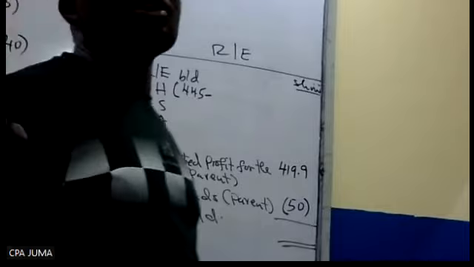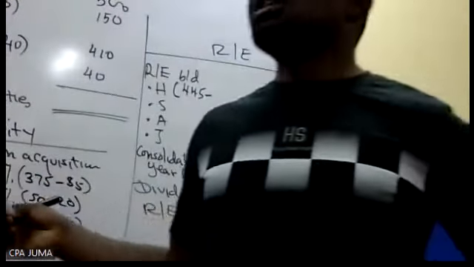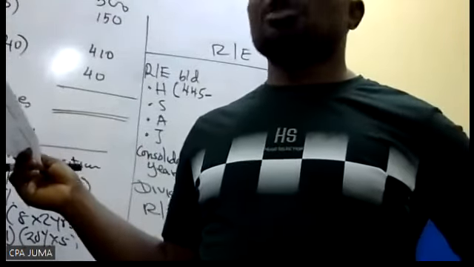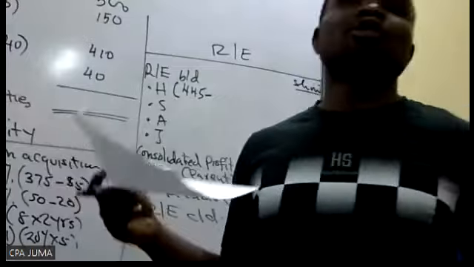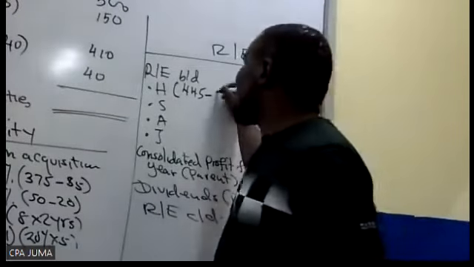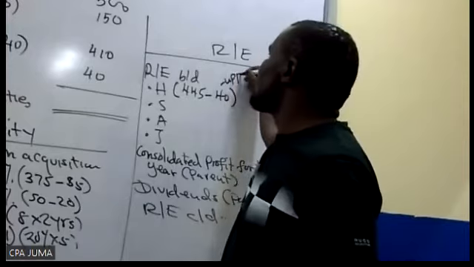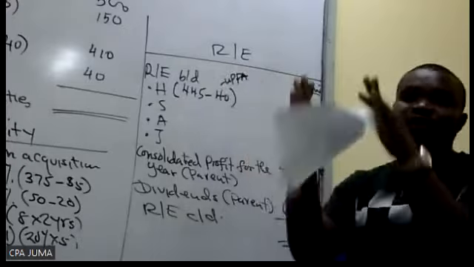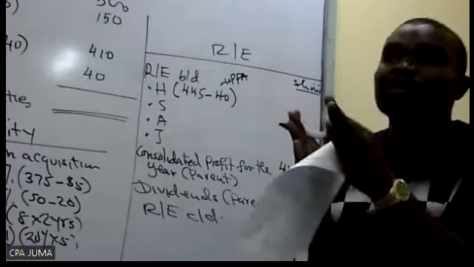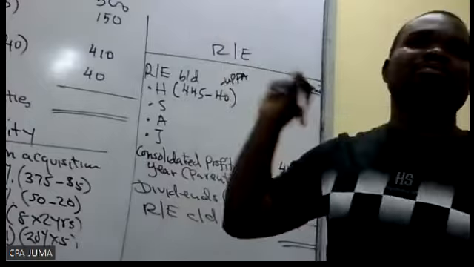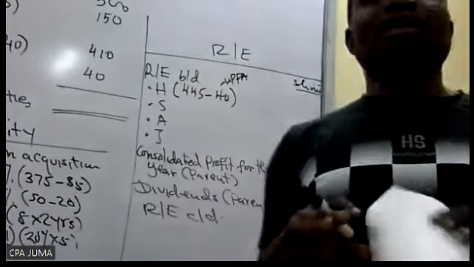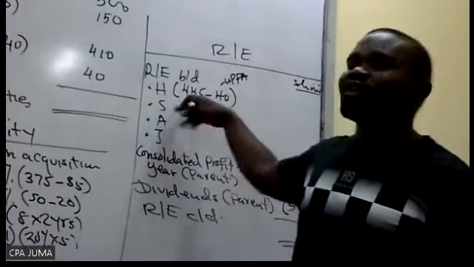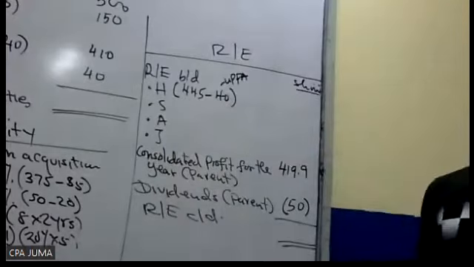The only problem I have with that profit is that brought forward means from the previous year, and these are not consolidated books. In the previous year, there was PPE which was sold at a URPF of 40. You remember? When you go to consolidation, you should subtract the URPF affecting the parent, because the parent is the one who sold it. These are individual books, so for consolidation the last year's profit must be adjusted. But if the asset was sold this year, it has no impact on the brought down. So 445 minus 40